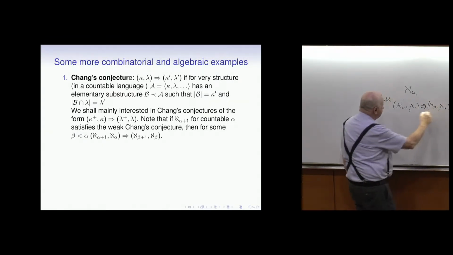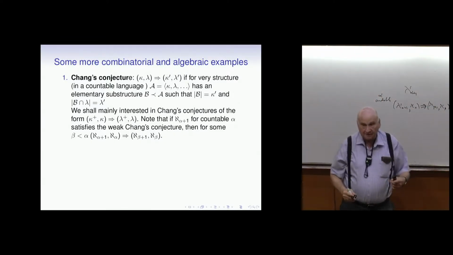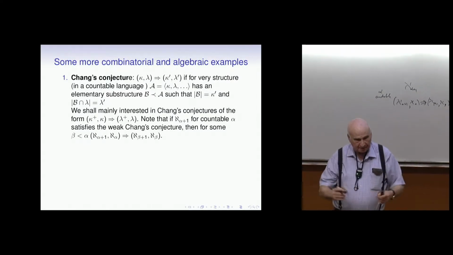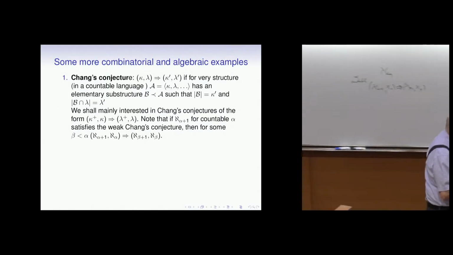The reason is very simple, because alpha is countable. If for every beta less than alpha you have a counterexample, you can merge these counterexamples, and then the weak Chang conjecture will give you a contradiction. So this is one